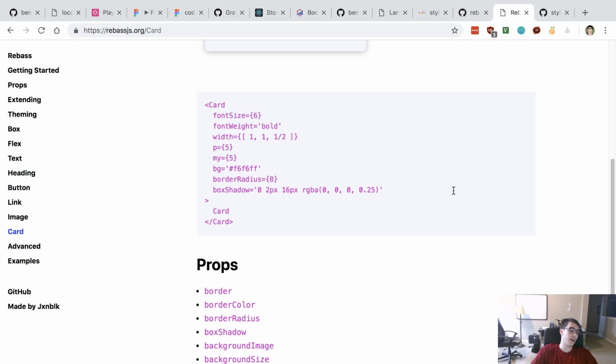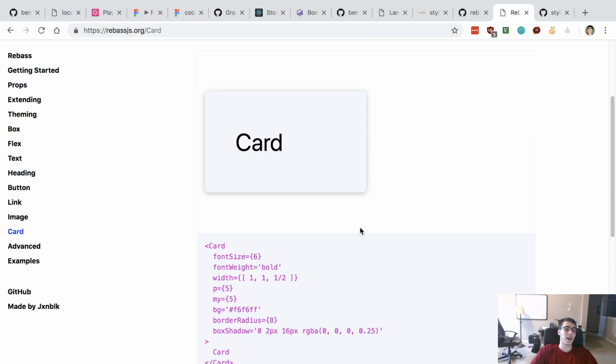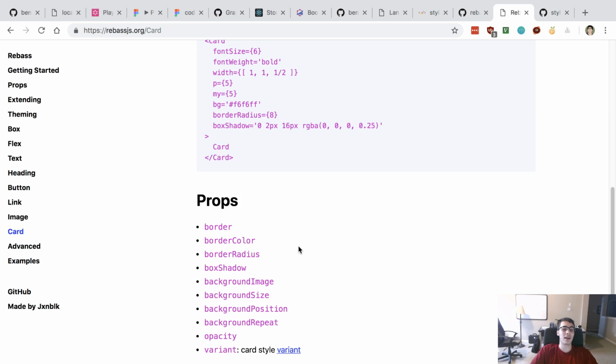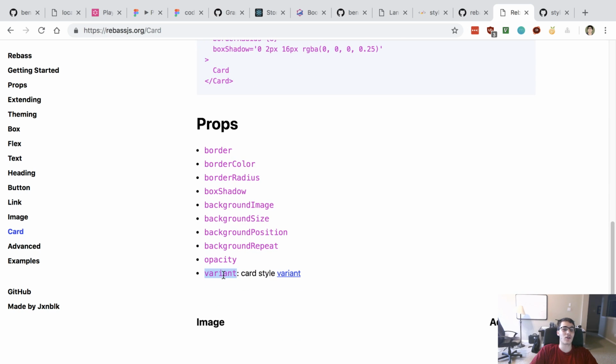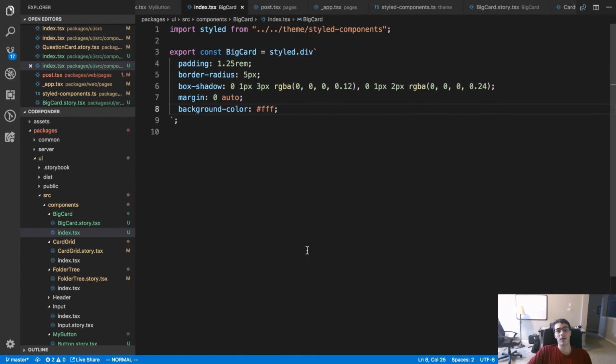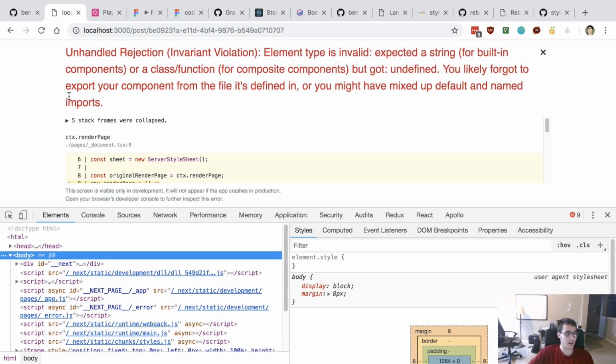Or I guess I can pass. I see. So what I should be doing is I use the card from Rebas, and then all my specific things, I should create a variant of the cards. That's what I should be doing, because I have a couple different variants of the cards, so I don't reuse it. Okay, I think I get how you do that now. All right, so let's convert that over to Rebas real quick when we get this the way we like it.